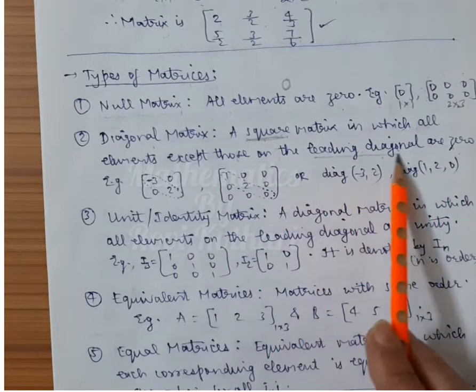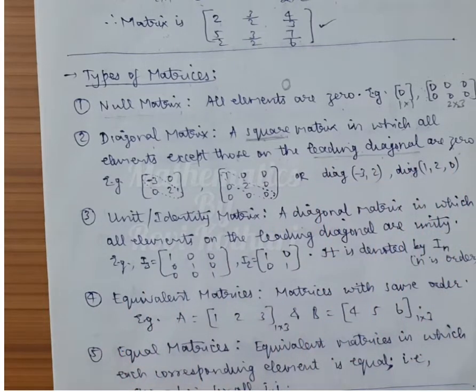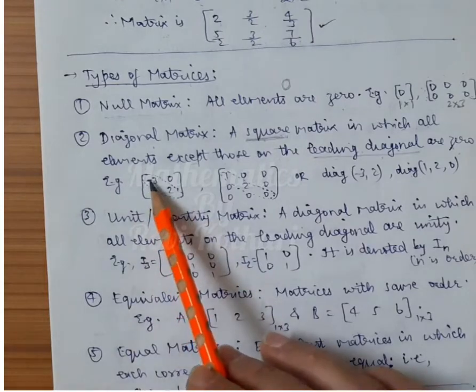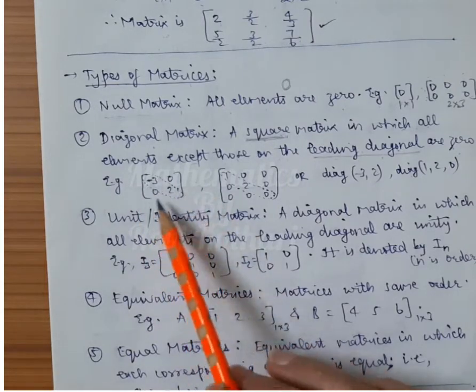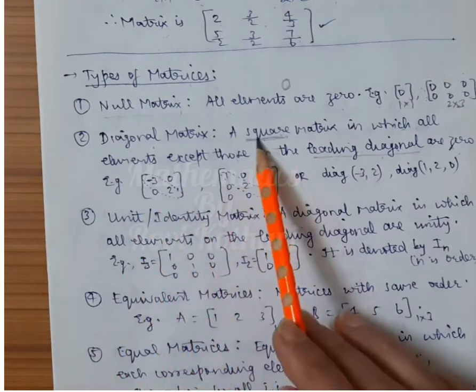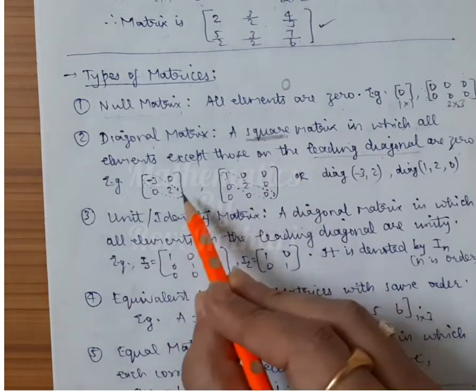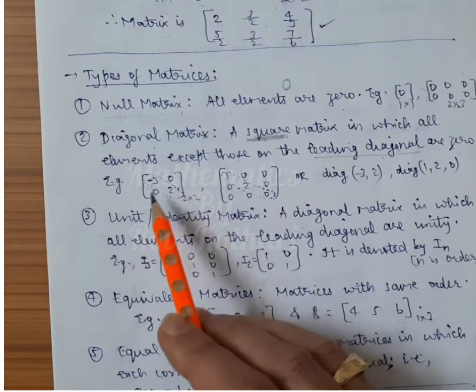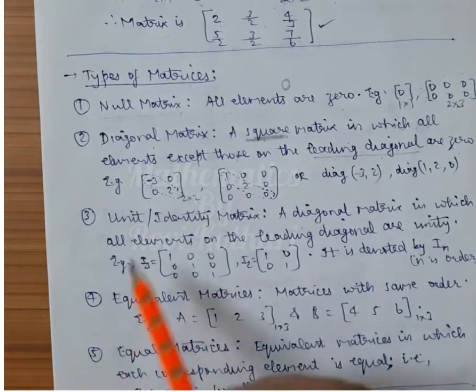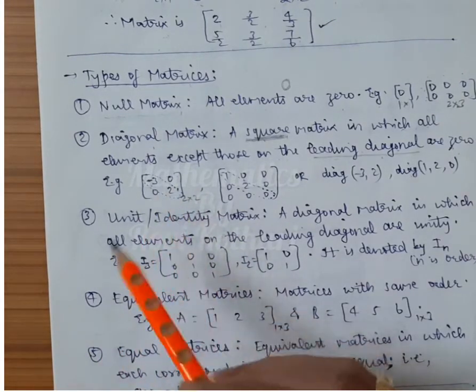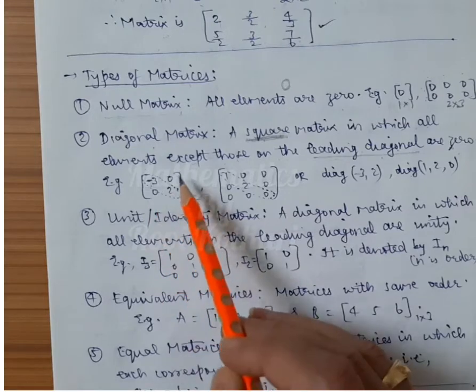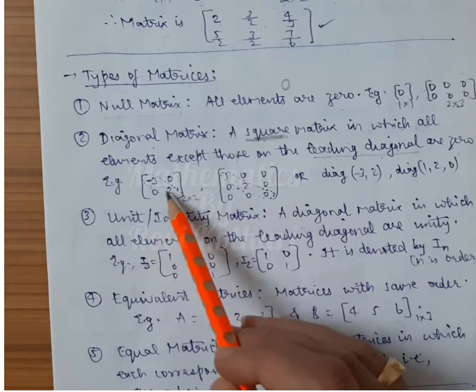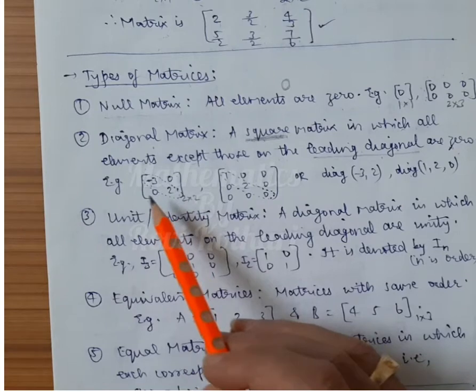Now another term which comes here is the leading diagonal. What do we mean by leading diagonal? Let me show by an example. Suppose I've made a 2 by 2 matrix here. 2 by 2, why? Because it must be a square matrix. So I've written -3, 0, 0, 2. Now look at the diagonals. In a square you have 2 diagonals. This is one diagonal, this is the other diagonal. This diagonal is known as the leading diagonal always.